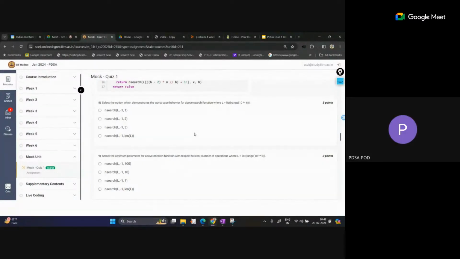Yeah, but here the input is -1. So with -1, we are directly returning the answer based on our comparison. So we are checking whether -1 is coming in this range or not. If not, then we are returning the answer. So it depends on the input. But if we pass any input which is coming in the range, then yeah. So if we are passing 1, then it will take, I think,